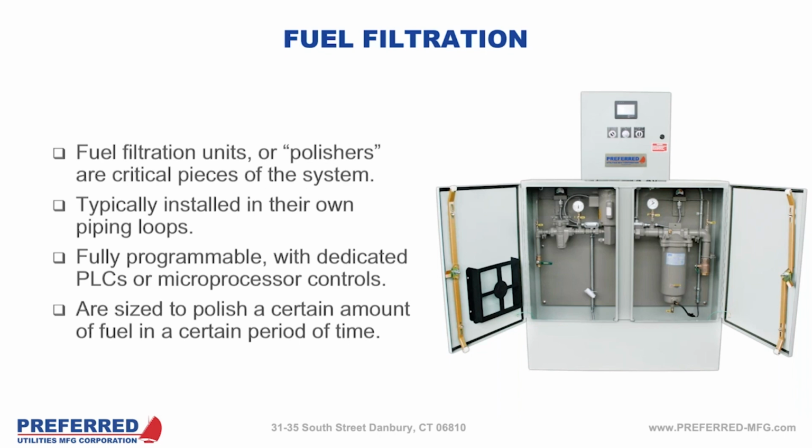Now, a couple key notes that I would point out: there are a ton of manufacturers out there. Most of them use the exact same filter and filter canister that you see in this picture, for the smaller units. There are few manufacturers who actually have different filters or filter designs. It's fairly common that they all use the same. Now, there are a lot of specs out there that may say, hey, I can do 7 stages of filtration, or I can do 25 stages of filtration. That's great, but those systems cost a lot of money,